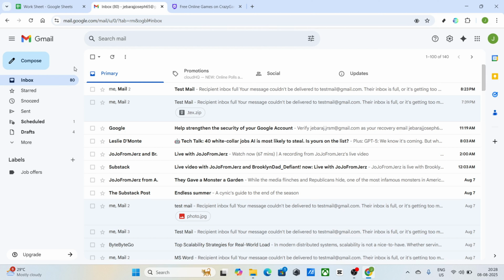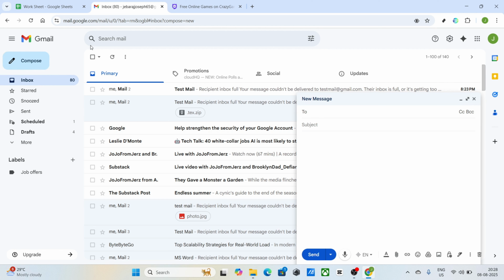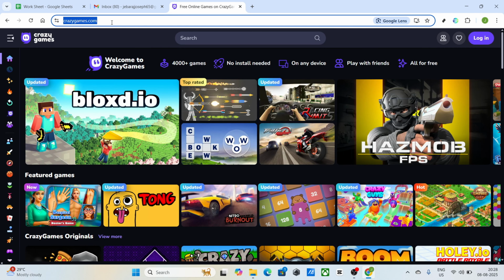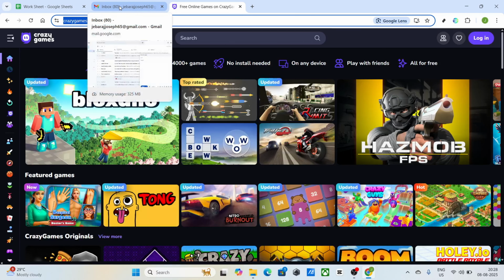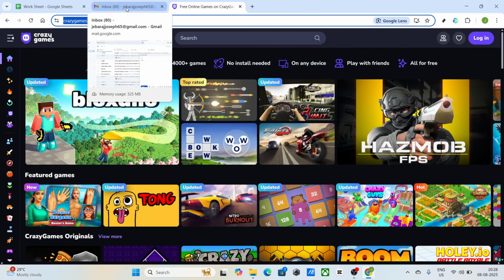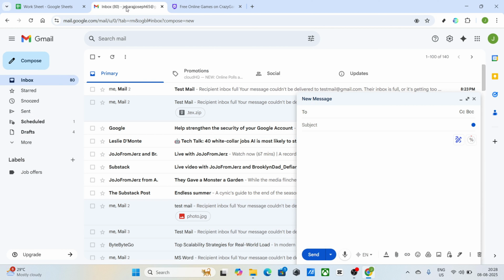Once your new email is open, it's time to pinpoint the specific URL you want to share. It could be anything: a useful tool website, a news article, or a reference link. Once you've identified your desired URL, go ahead and copy it. Remember, ensuring that your URL is correct is crucial. A single misplaced character can lead to broken links or redirect your recipient to an unintended page, so double-check your